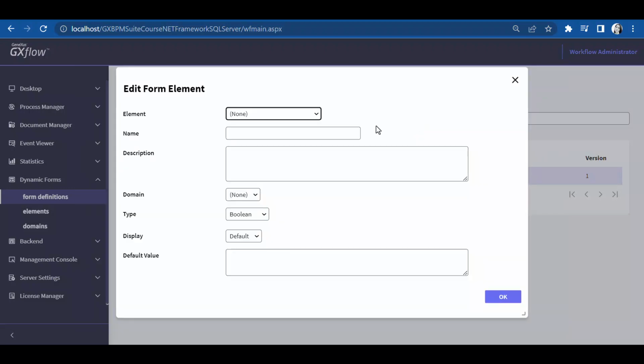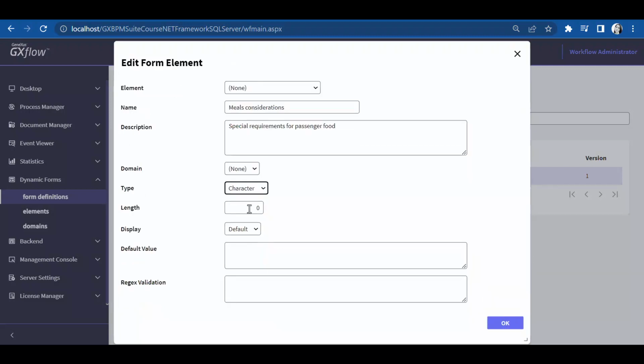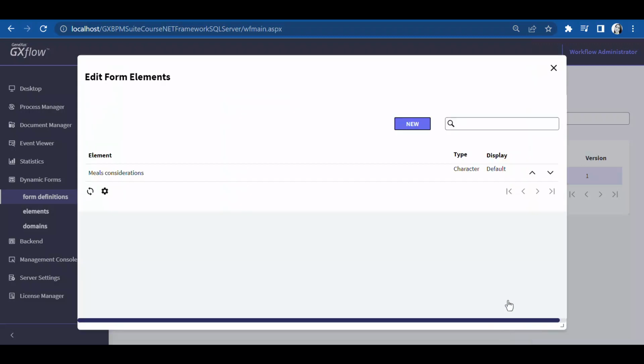We get a dialog box to enter the element. In this element, we will store the details regarding the passenger's meals, so we enter the name, meals considerations, and in the description we enter special requirements for passenger food. We modify the character type so that it's 60 characters long. We leave the remaining fields with their default value and press Confirm. We now see the form with the first element of the text type already entered,